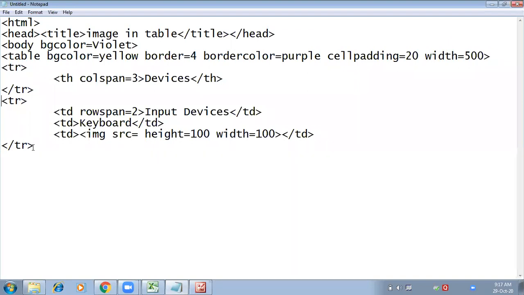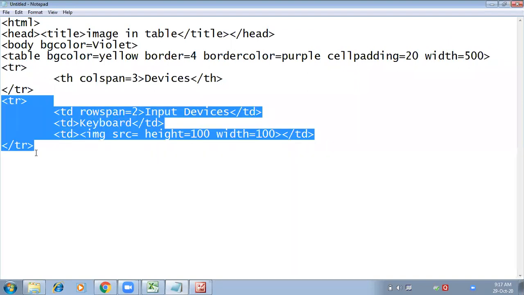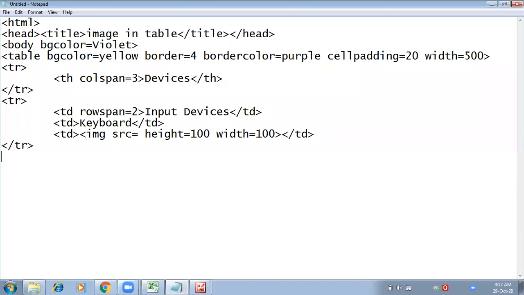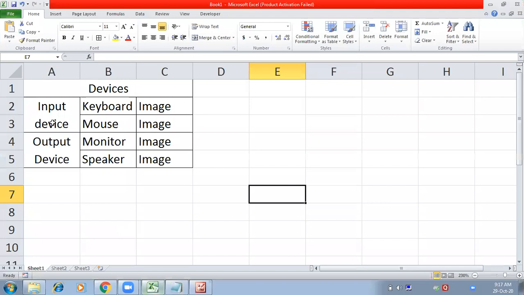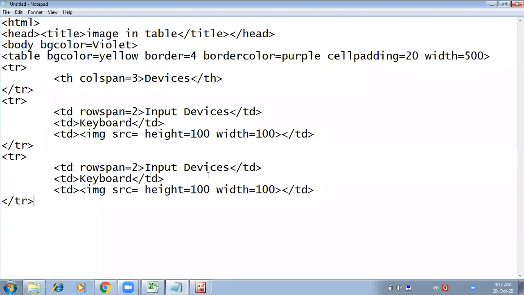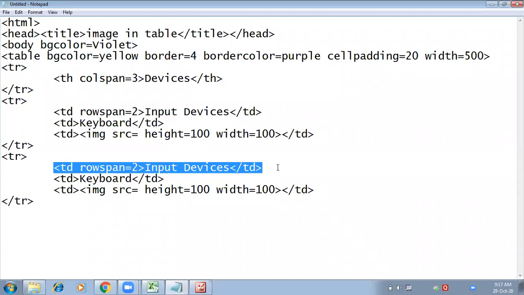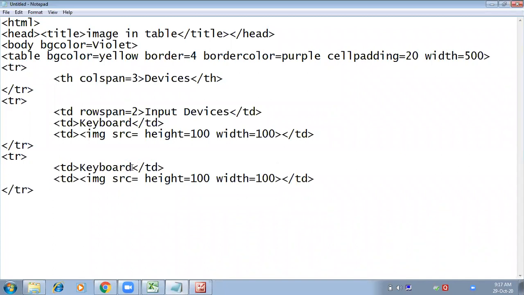Now I'm going to copy this code and paste it in the third row. In the third row, this cell is already created. We have to insert only these two cells. So we have to remove this line, and here we have to change it to mouse. Image we have to search.